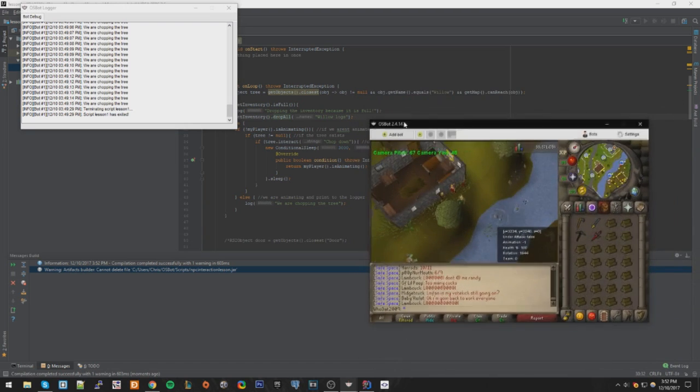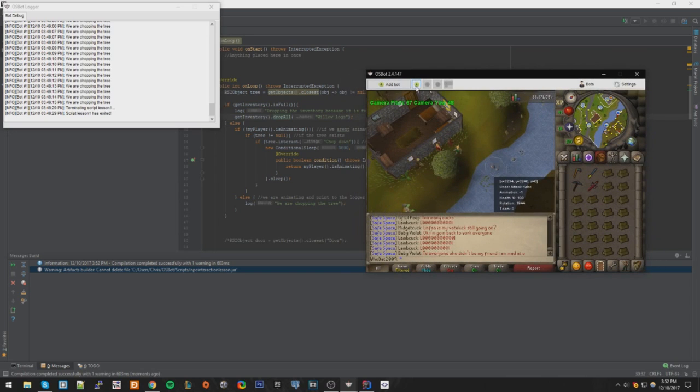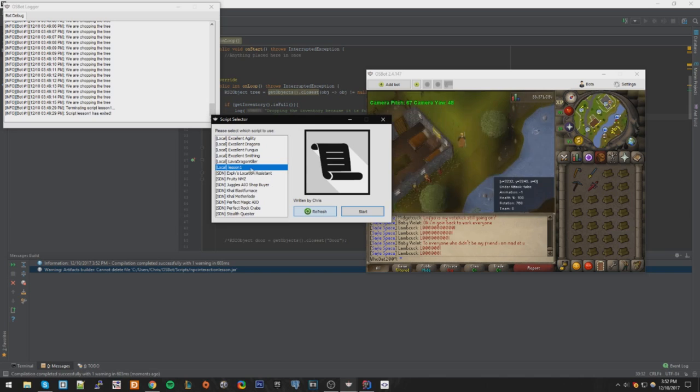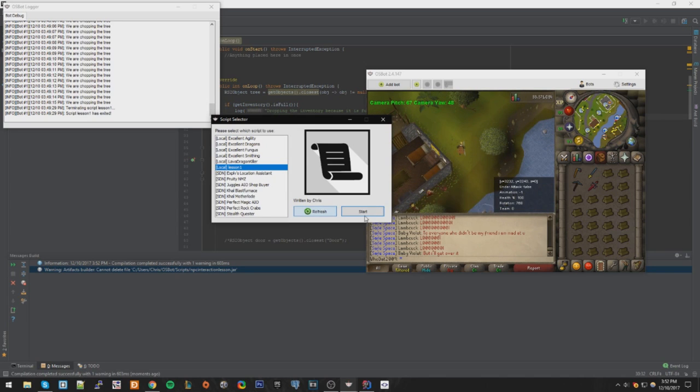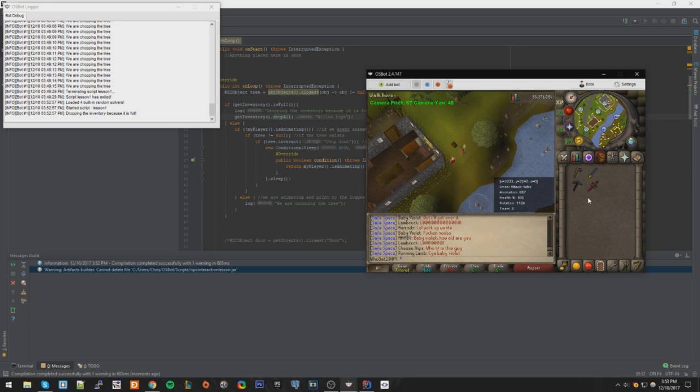Okay, so now that we rebuild, we want to check if our code works. We have the logger open. Click play, click lesson 1, click start. Now you see that it's dropping my inventory. And I have shift click enabled, so by default the OSBot drop API can use shift dropping if you have it already selected in your RS settings. So you go to controls, and if you have it selected, it'll use the shift drop. If not, it'll just use the basic right click and drop, which I'll show you here once it's done